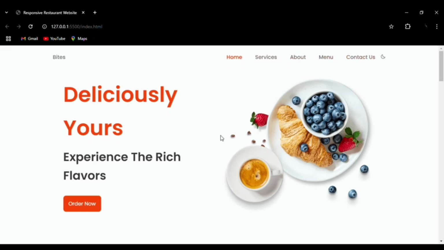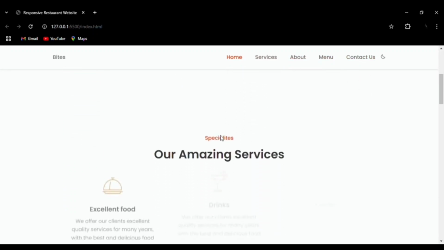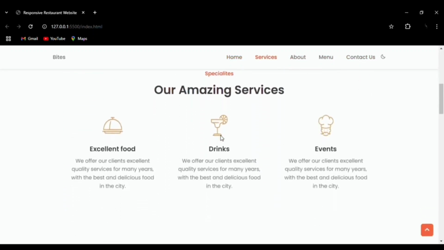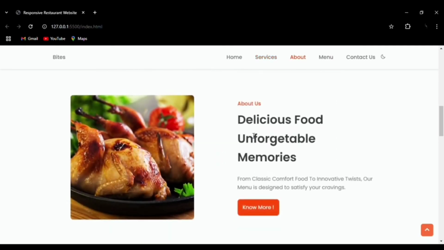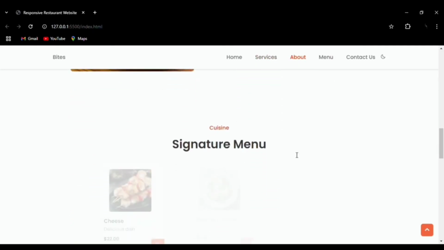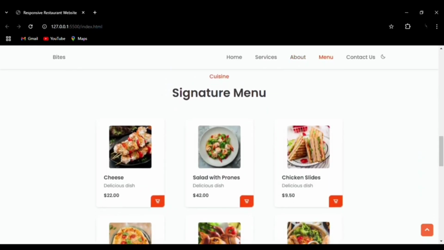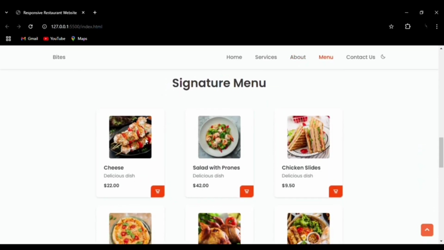And in the services section we have three different services, that is excellent food is provided here, and drinks and events are also organized by the restaurant. Next we have about us section where you can know the history of the restaurant with a button feature to know more. Then we have our menu section